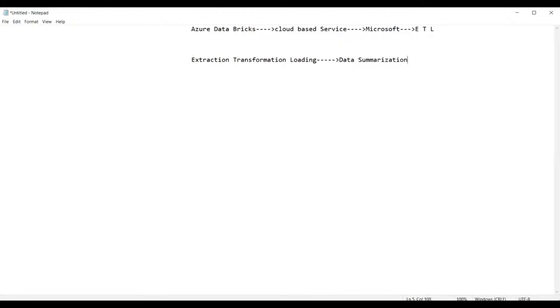Extraction, transformation, and loading, this is a process of what? Data summarization. Wherein for the process of ETL, that is called extraction, transformation, and loading, guys, we require the